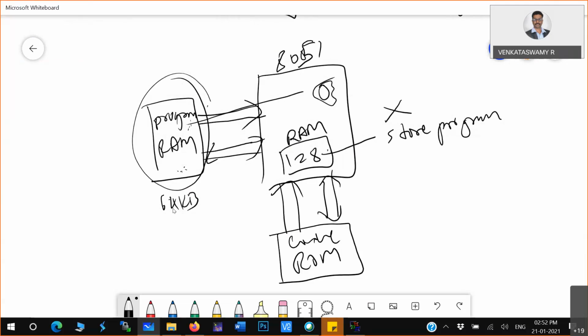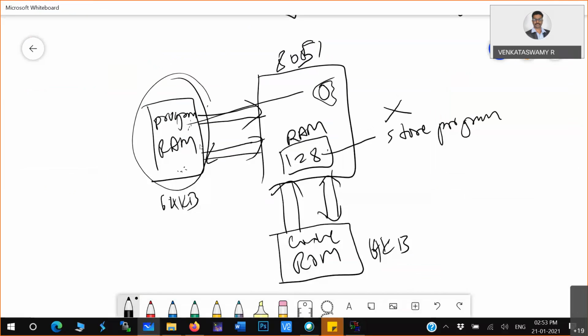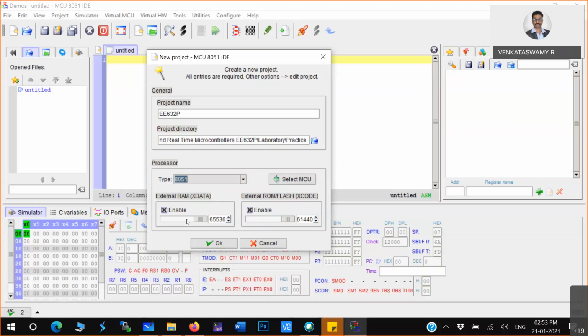So you have to enable this external RAM and external code memory, and say how much capacity you want. Depending upon your requirement, you select the memory, which you are purchasing and interfacing.